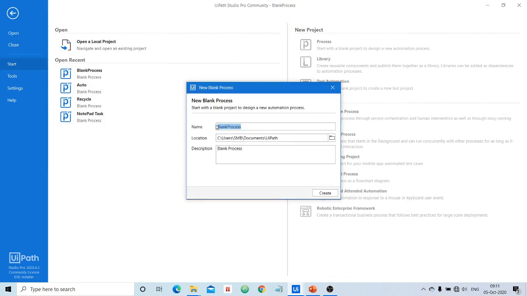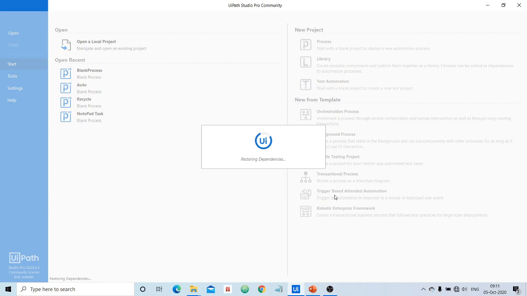I will give the name as flowchart process itself. You can give any name, but try to give a meaningful name. And I want to store the source files in this directory. You can specify your own directory for that matter.